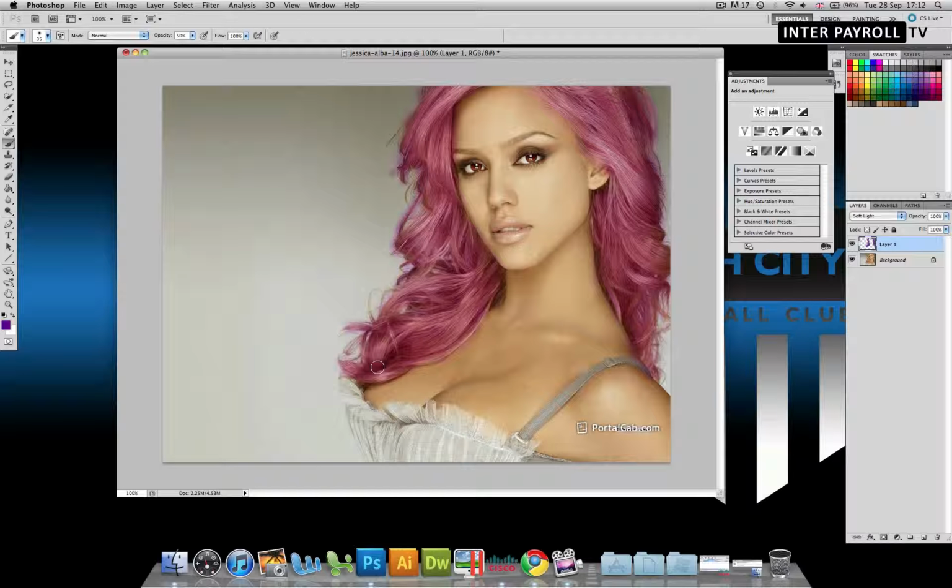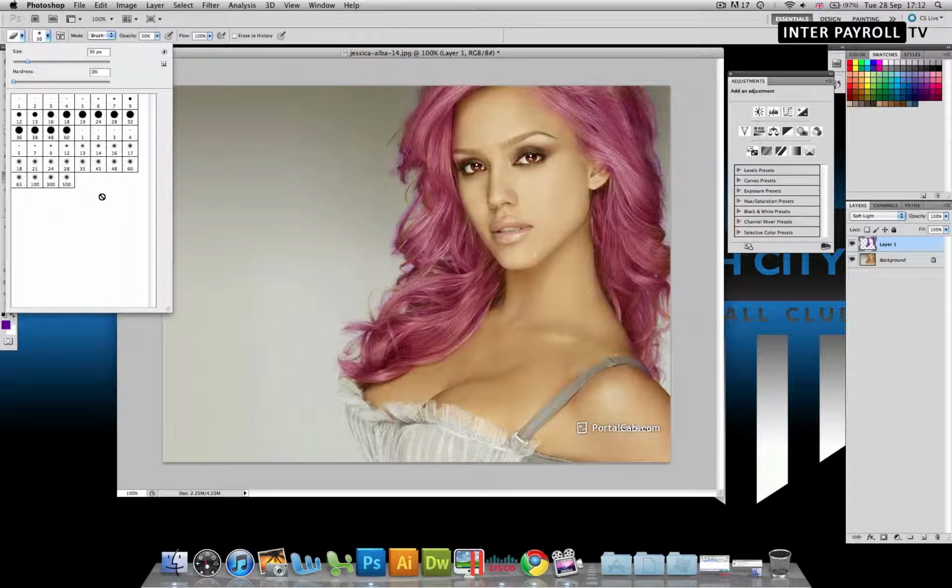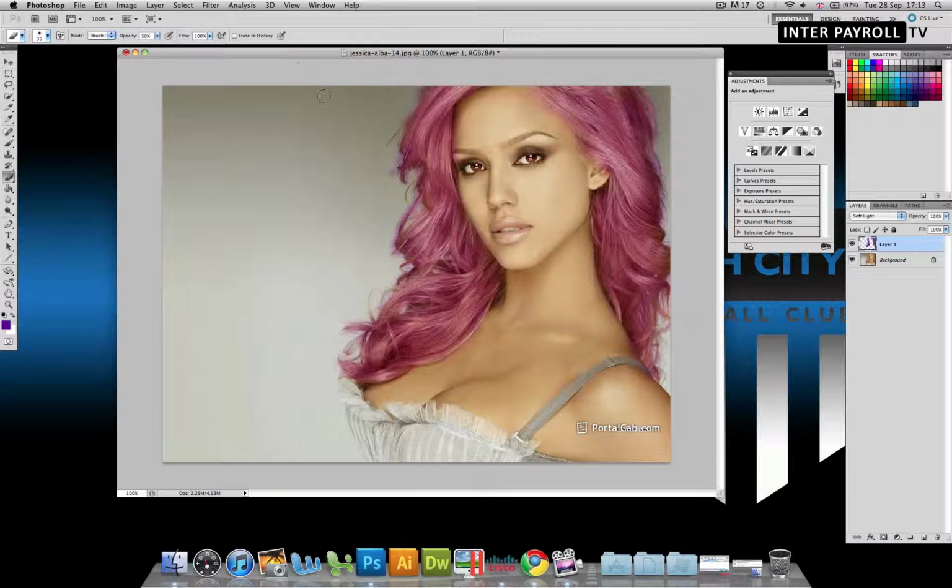Right, so I'm quite happy with that colour now. So I'm going to go ahead and choose my eraser tool to get rid of the bits I've gone over too much. So select your eraser tool, go ahead and again select a soft brush. Want 50% opacity and again 100% flow. So we want it the same, just so when we do erase it, it doesn't leave any hard edges and it blends in